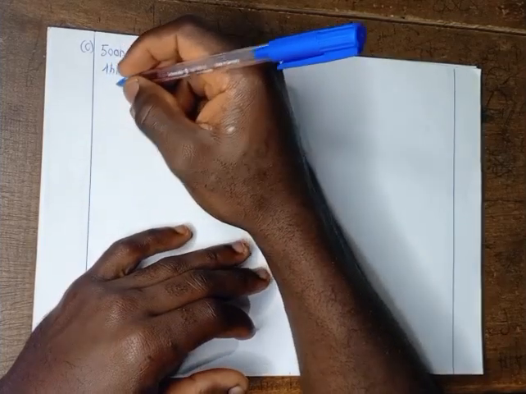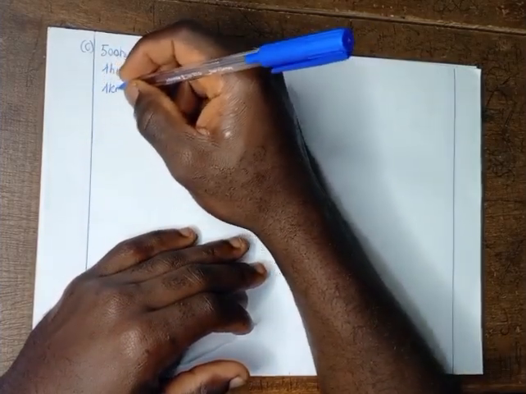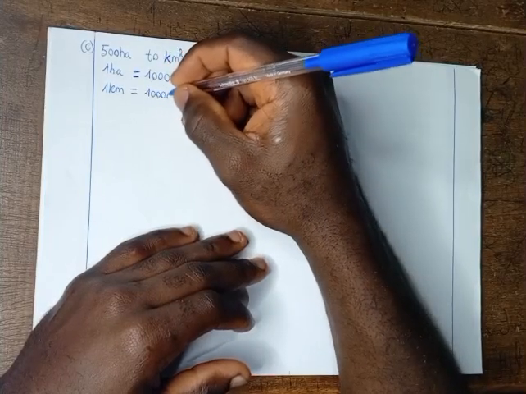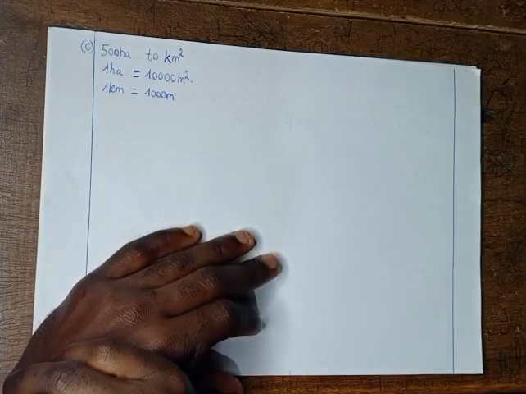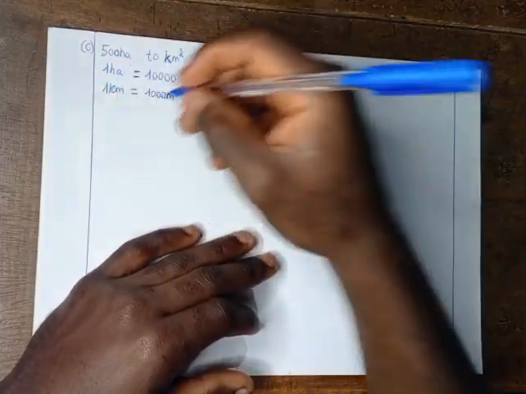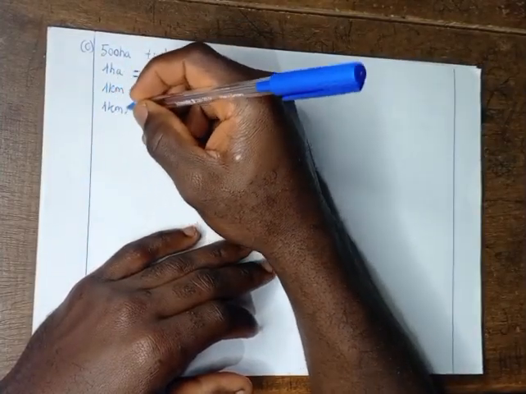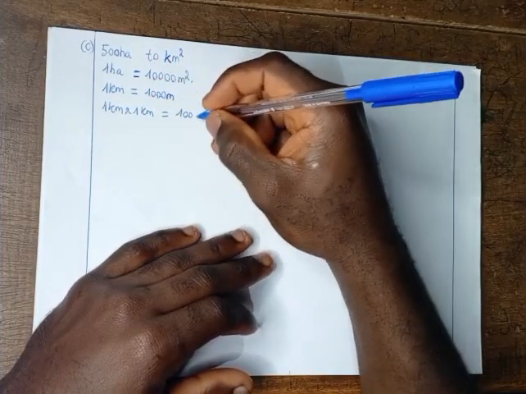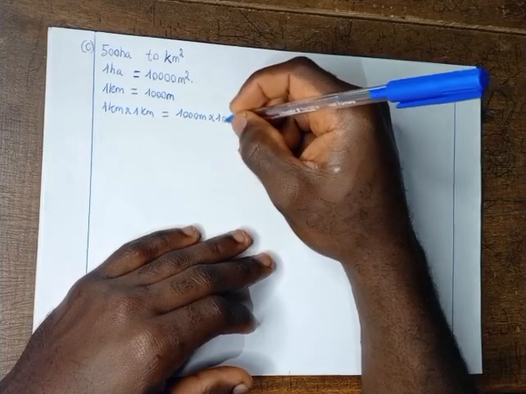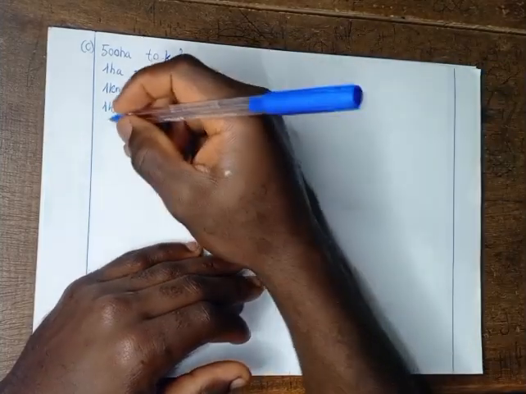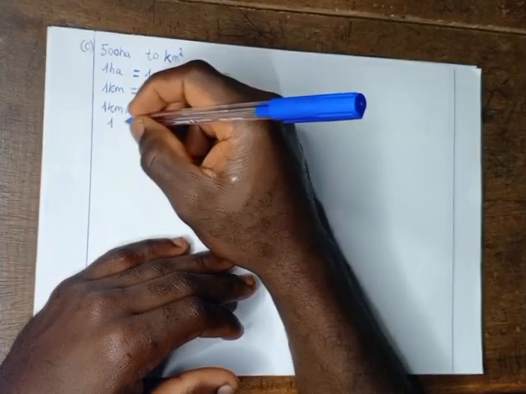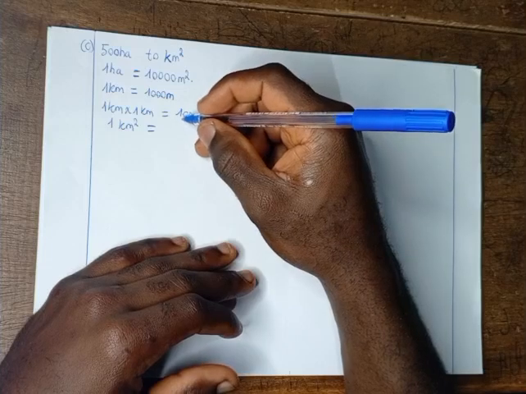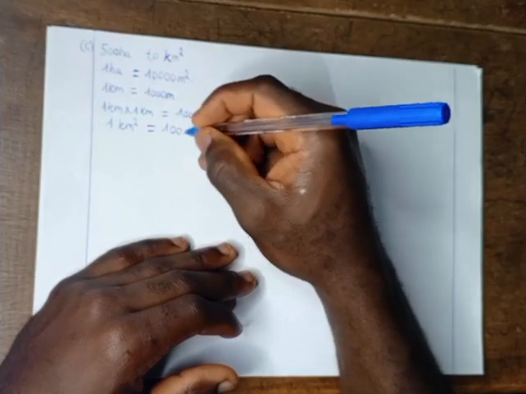Next, we know that 1 kilometer is equal to 1,000 meters. If we square both sides here, we take 1 kilometer times 1 kilometer, it will be the same as 1,000 meters times 1,000 meters. 1 times 1 remains 1. Kilometer times kilometer gives us kilometer squared. 1 kilometer squared will simply be 1,000 times 1,000 gives us 1 million